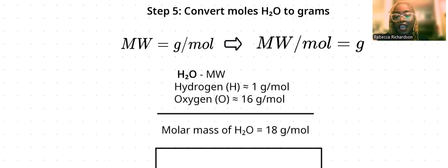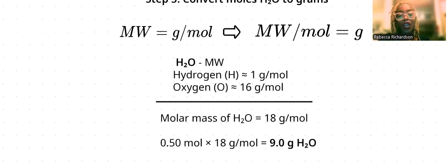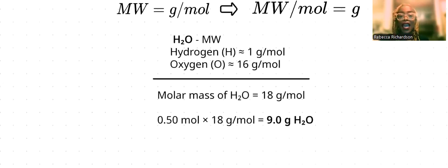So we have hydrogen, and I've rounded these to the nearest whole number just for simplicity, but we have hydrogen with 1 gram per mole and oxygen 16. We have 2 hydrogen in the water, so that gives us a total of 18 grams per mole. Then same thing as before, we're going to plug those values in. We already determined the moles of water from the previous step. So now we're left with 9 grams of water. This is the max amount of water that can be produced